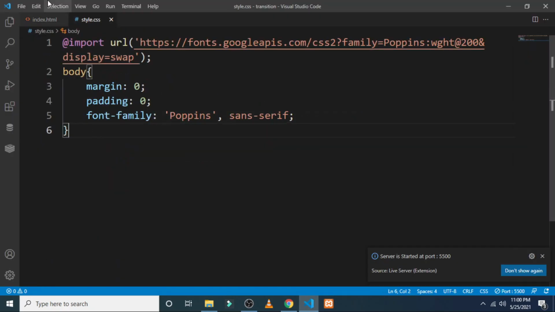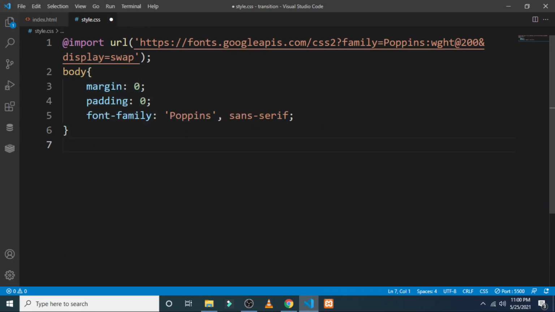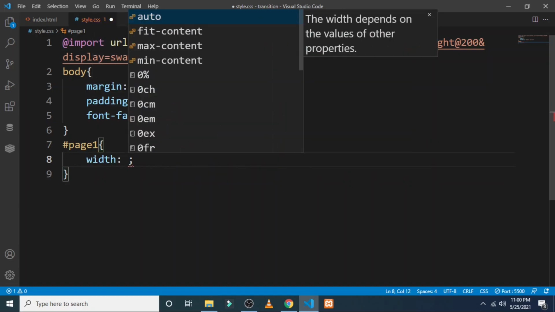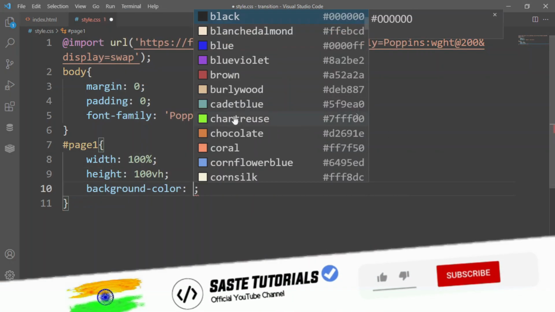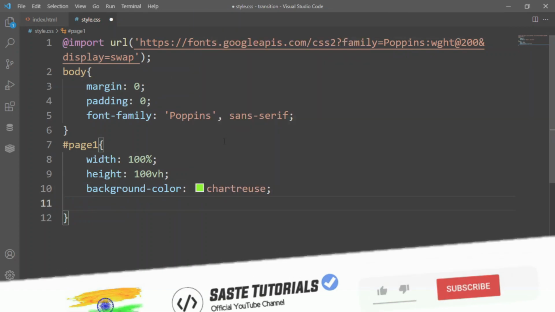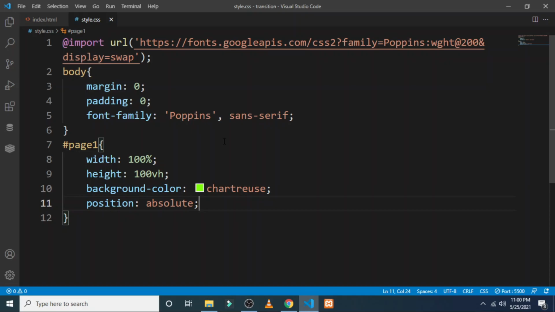Let's style the page 1. Here in the page 1 hash id page 1, the width will be 100%, height will be 100vh, and then the background will be light green, as you can choose according to you, and the position will be absolute.